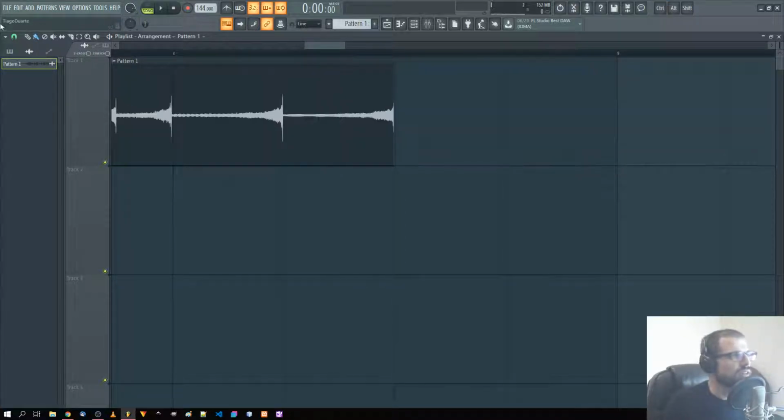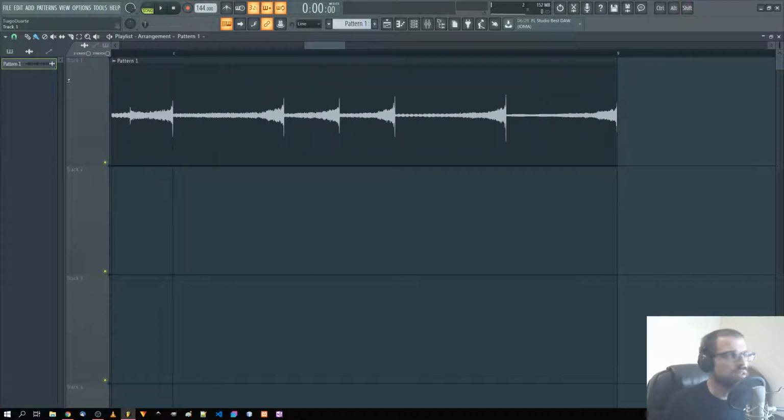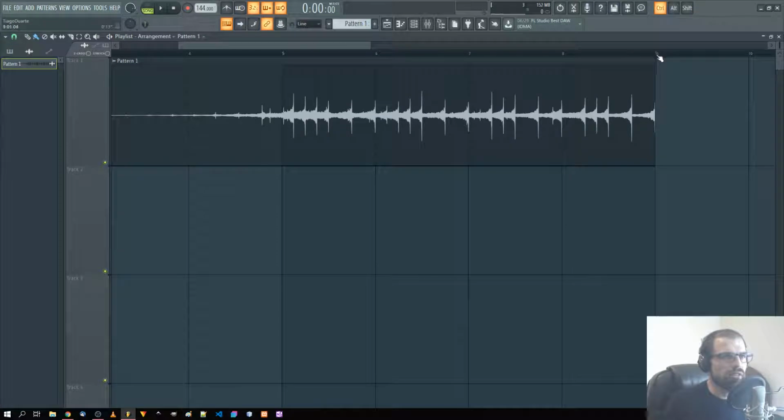Or if I'm in bar mode, I can press Alt and click and hold and move as if I was in the none grid, which is nice to know and nice to have. So now if I loop this part,